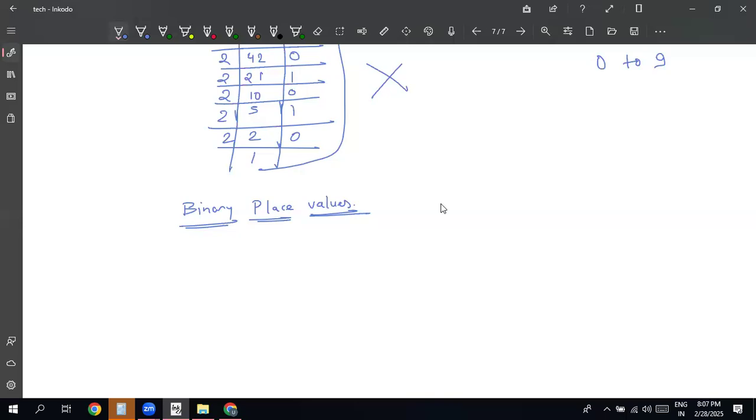Just like in our decimal number system, we have ones, tens, hundreds, thousands, 10,000s, lakhs, 10 lakhs. Like that, we have the place values for the decimal number system. Similarly, for the binary number system, we have binary place values, which means if I have an octet having 8 binary bits,